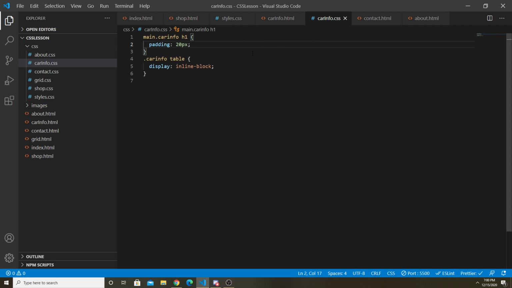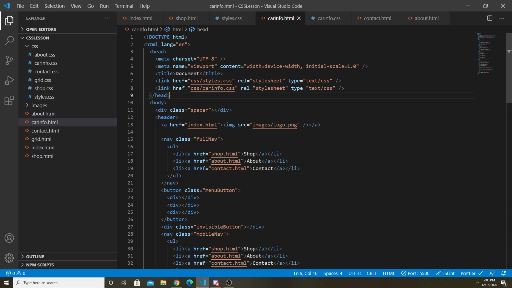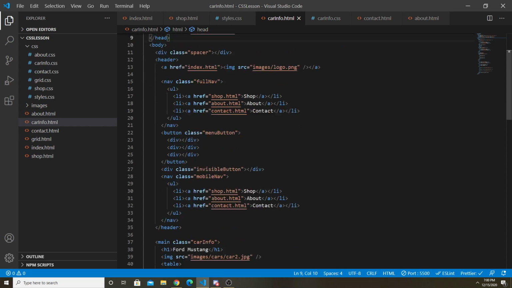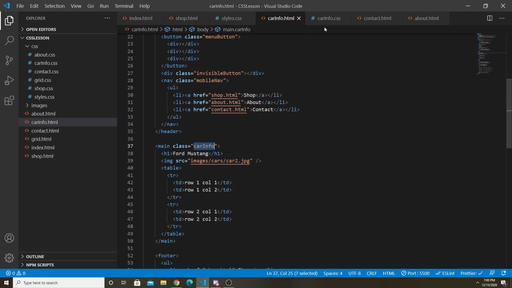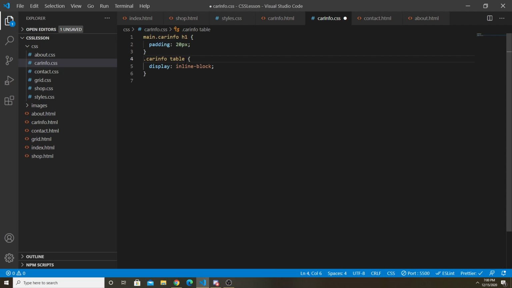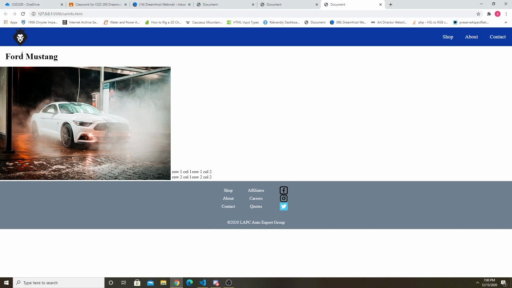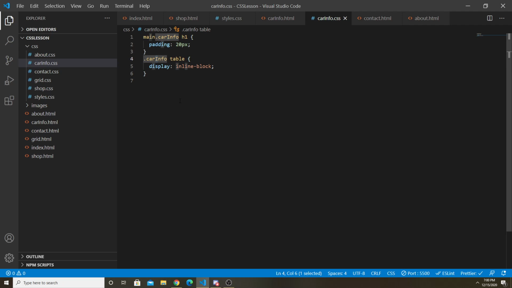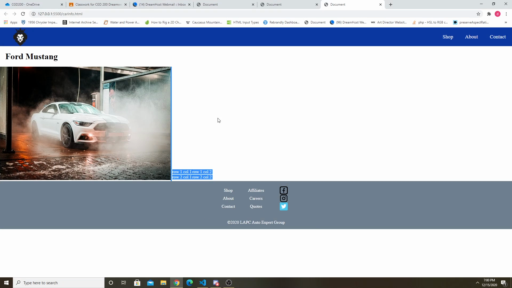Let's find out why. Is it because I didn't spell it with the capital I? Oh, I put a capital I here, but I put a lowercase I here and here. Okay, alright, now we got the extra padding, and now this is next to it. So uppercase, lowercase matters. So always check that too. I had a small I instead of a big I, so it wasn't working. But now it's working, so now this is here, but let's give that